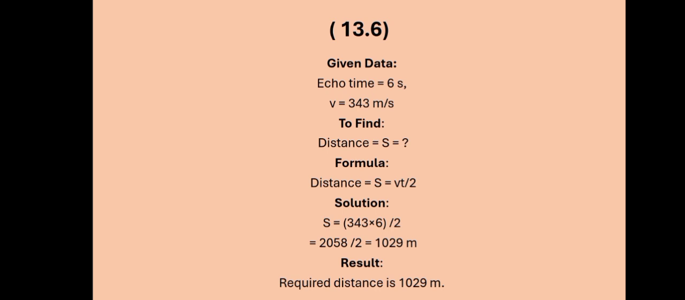13.6 numerical, that is the last numerical. Given data, echo time 6 second and the velocity is 343 meter per second. To find distance, it has to be calculated by this formula, same as before. For this the formula S is equals to Vt divided by 2, solution: V और t को multiply करके 2 पे divide करेंगे and we will get the 1029 meter. Required distance is